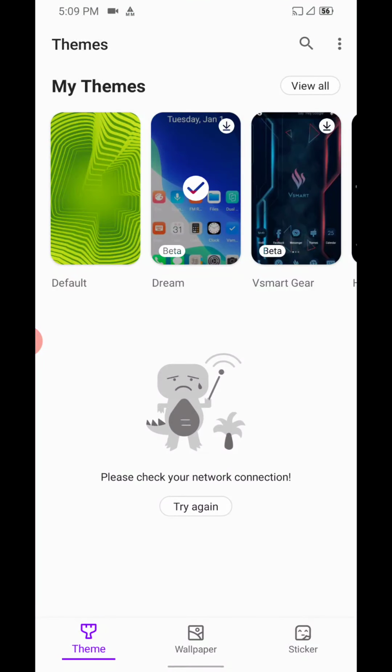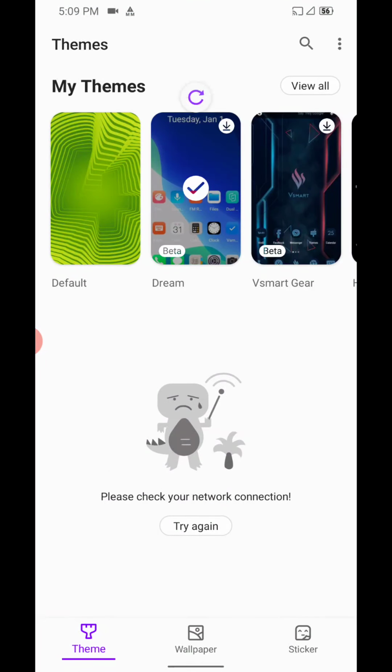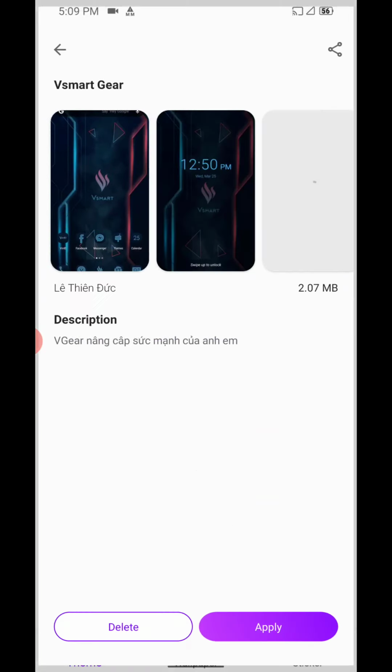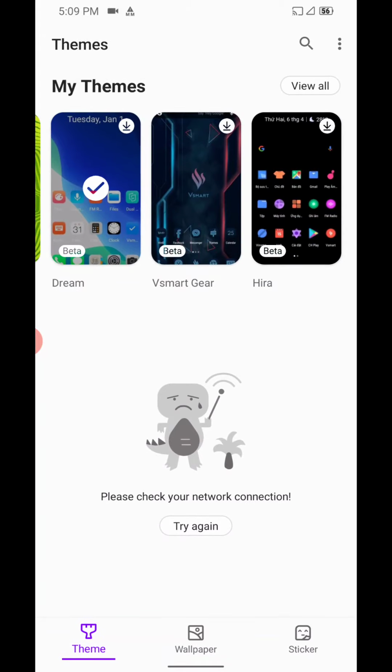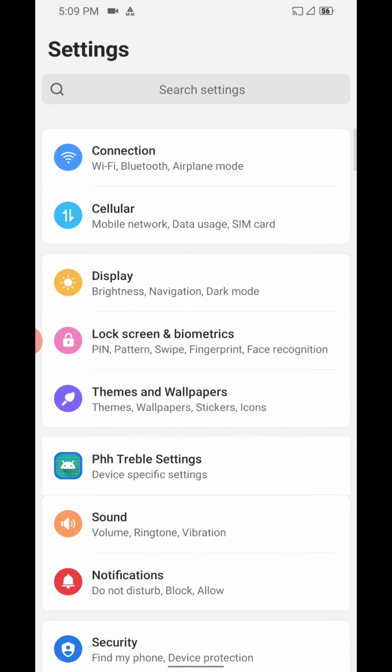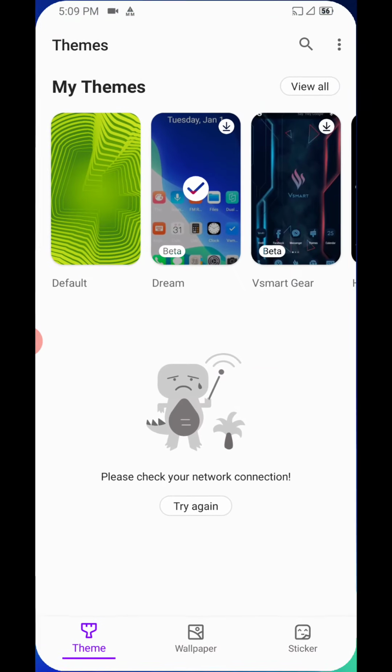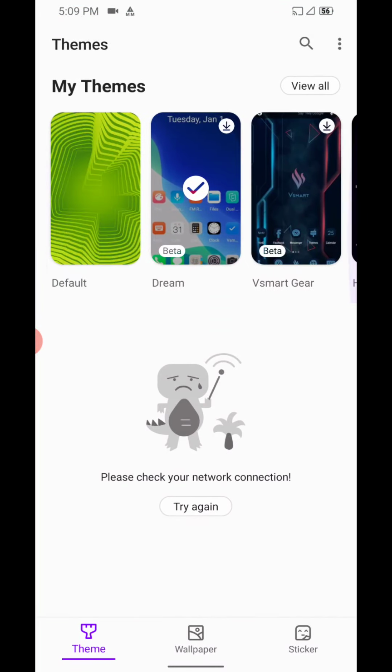Now moving to the themes and wallpapers, it's a bit of a tricky part, but I have managed to install some of the themes and we can easily install and apply them. For that you will need to have an account with the VueOS ID. So just go ahead and make an account via your PC, and then you can easily install the themes and wallpapers you want to. I have already installed these three themes.